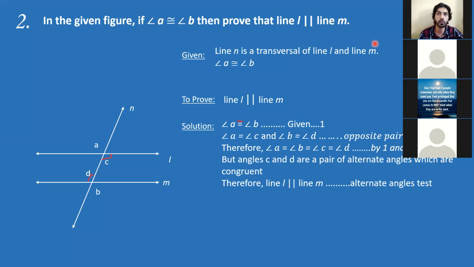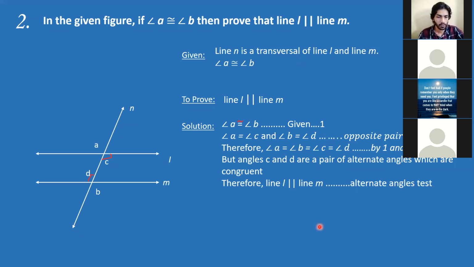You just have to use these 3 tests and you just have to think a little. How can I do it? The permutation combination. That is the beauty of mathematics, to be honest. That's why I love mathematics so much. You can think a lot and you can form your own solutions. So this is the second example. Now I'll go to the third example.